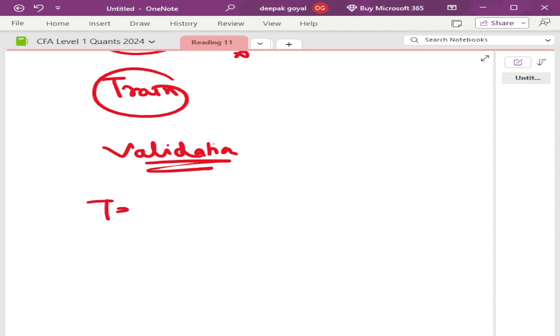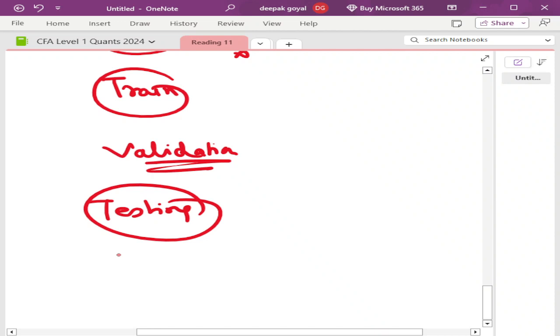Fourth point is testing. Before launching our artificial intelligence model, or before putting our robot in front of the public, we will take the test. We will come up with a new set of pictures to see how well my robot is able to identify the cat. What is the accuracy rate?